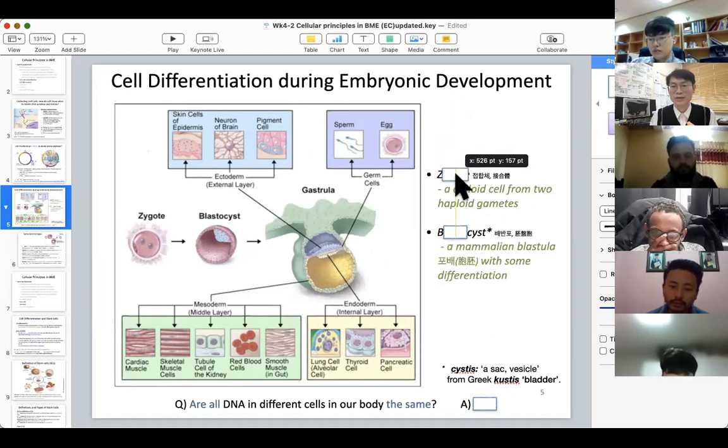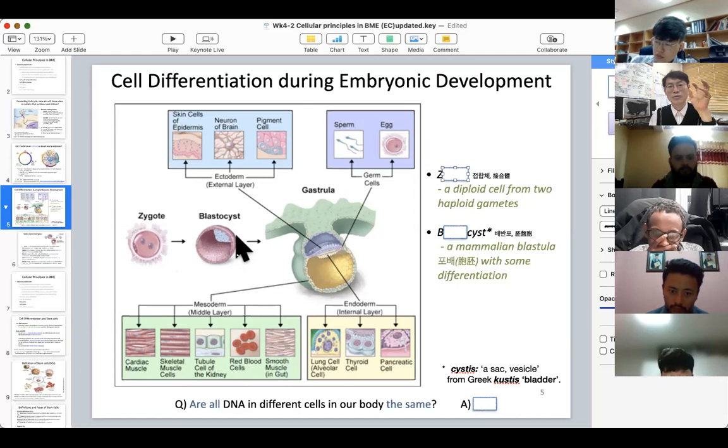So zygote is a fertilized ovum, and once that zygote develops, it will form a hollow organ, a hollow cell, and inside it the inner cell mass, which is called the blastocyst. And on the placenta, they will start to develop into a layered structure called ecto, meso, endo, meaning external,